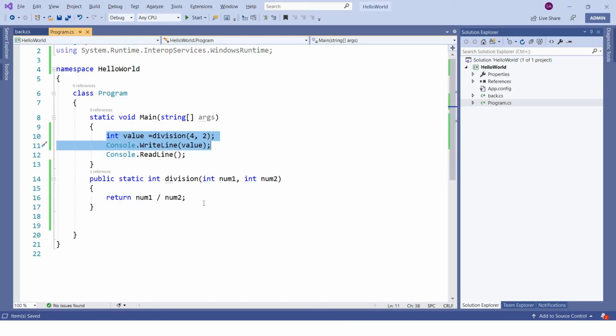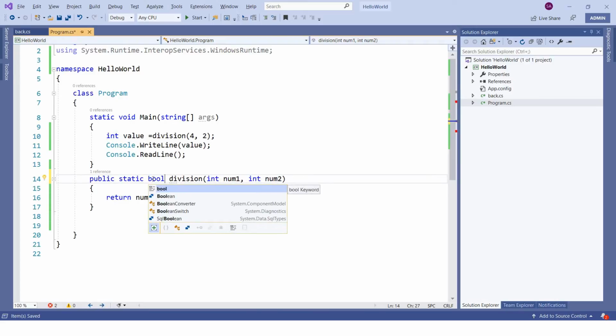But on top of this, let's consider one scenario. Whenever we pass a 0 value, it should say that it's a failure. So the modification I am trying to do is, I want this function to return a boolean value, which will tell whether it's a success or failure, right?